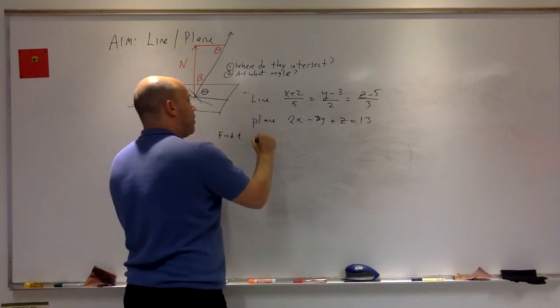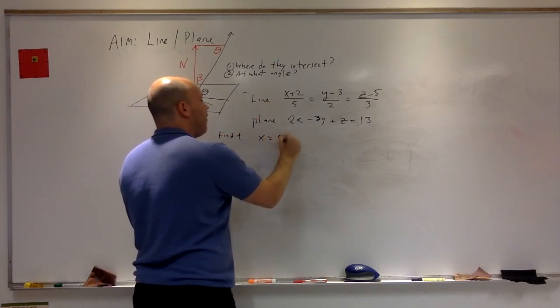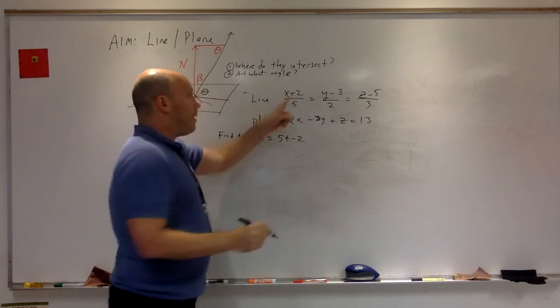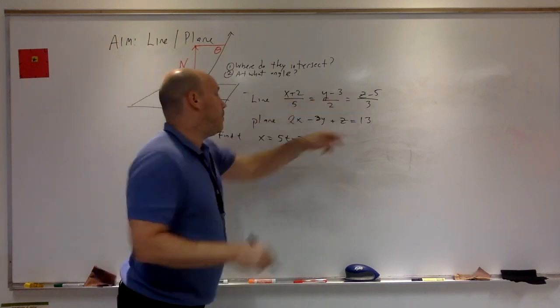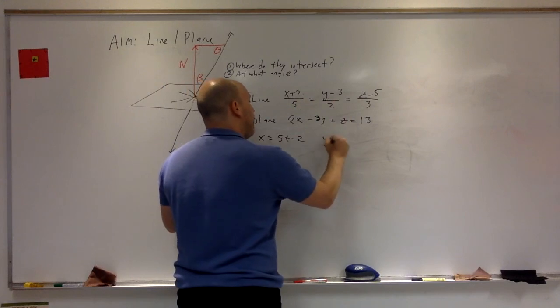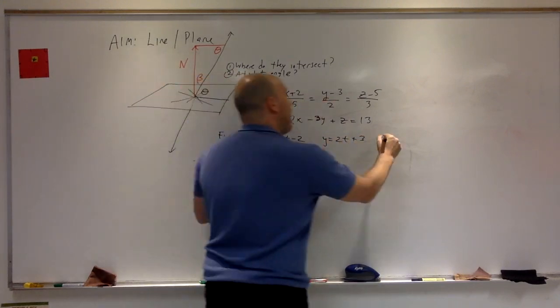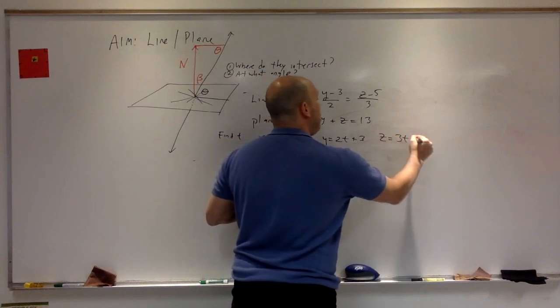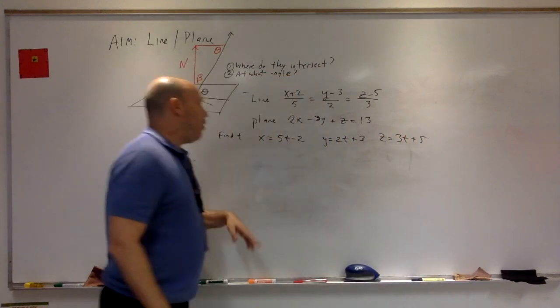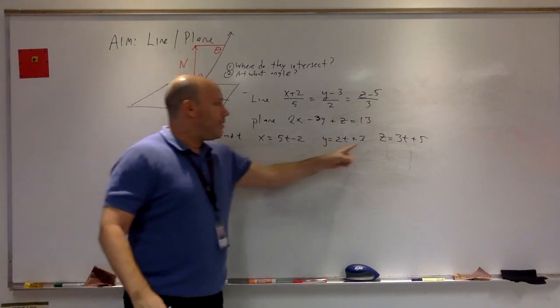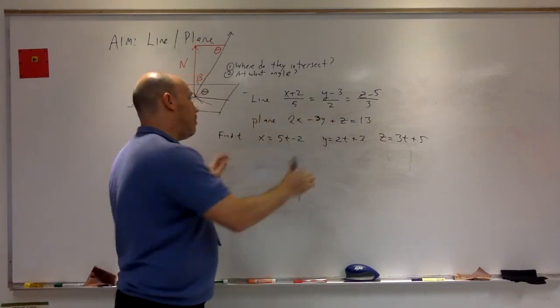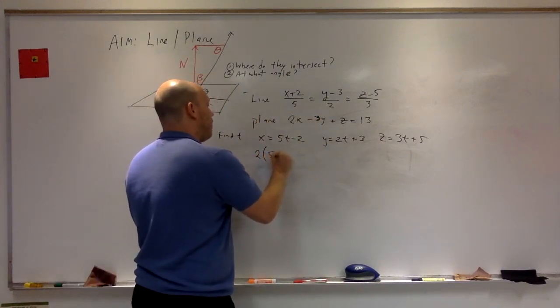So I know that x is equal to 5t minus 2, because each of these is equal to t. I know that y is equal to 2t plus 3. And I know that z is equal to 3t plus 5. Remember, take this x, y, and z and plug it in the equation. So I have 2 times 5t minus 2